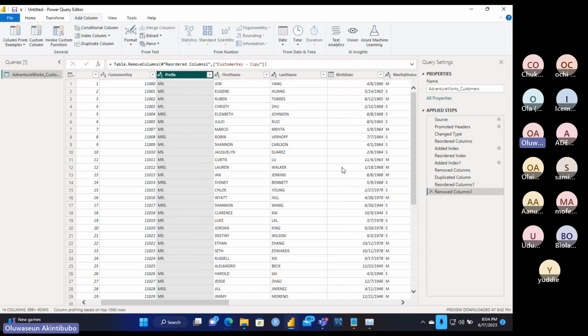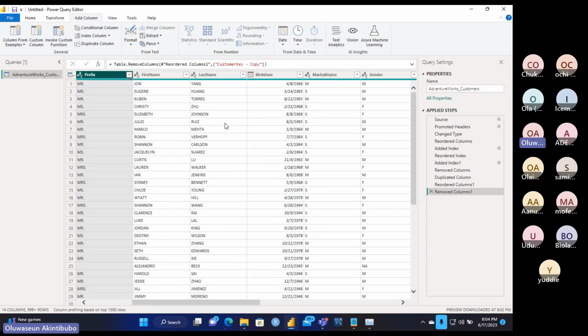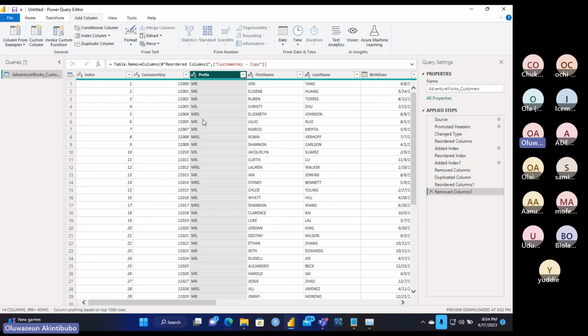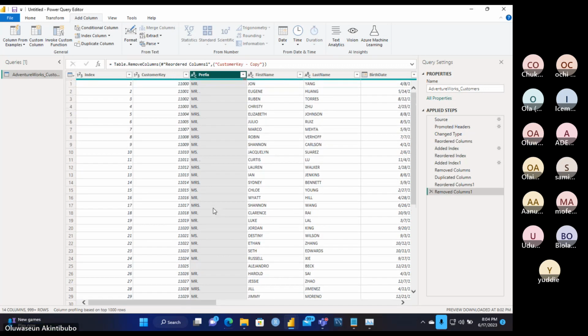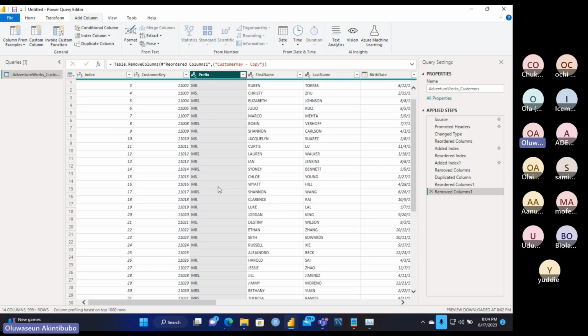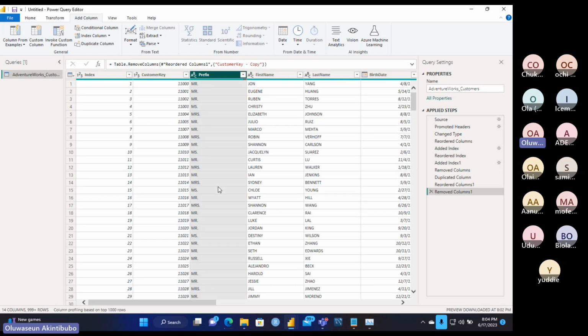I'm going to remove this again, right? That's that. Then we can format a cell. Take for example, let's format a cell. If you look at the prefix column, the prefix column has the data inside of it in capital letters, right? What if I don't like them being in capital letters? I want them to be in proper case.